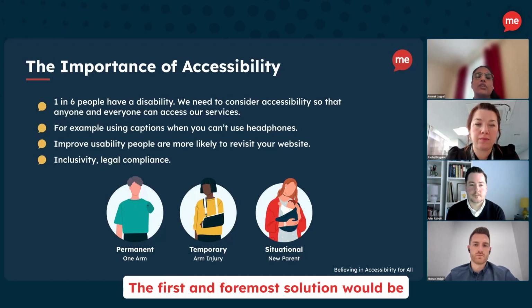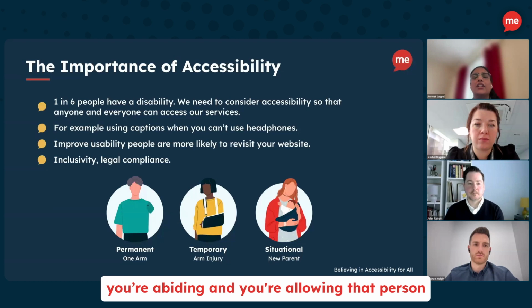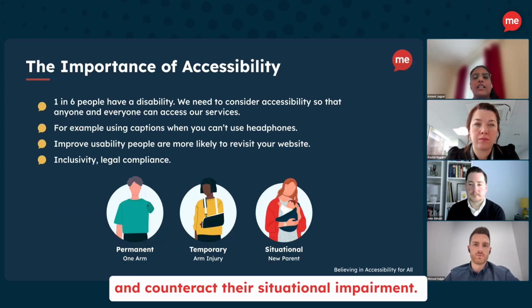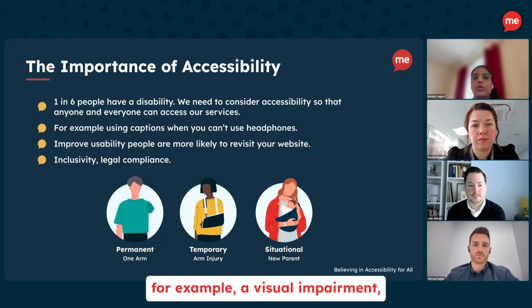The first and foremost solution would be that the video should be correctly captioned. When you've got the correct caption, you're allowing that person to counteract their situational impairment. Secondly, somebody that might have a permanent disability, for example, a visual impairment, we've got screen readers for them.